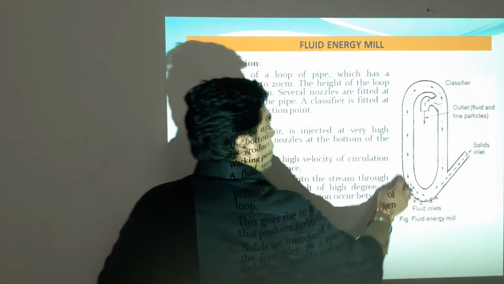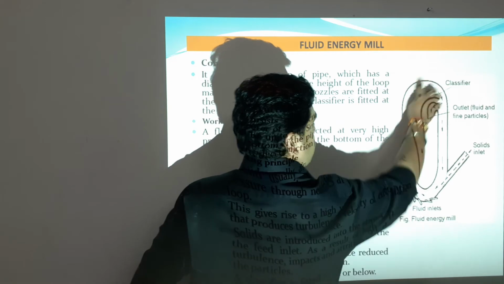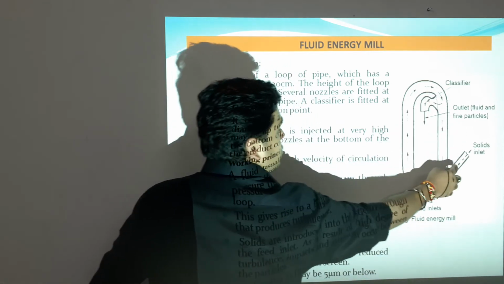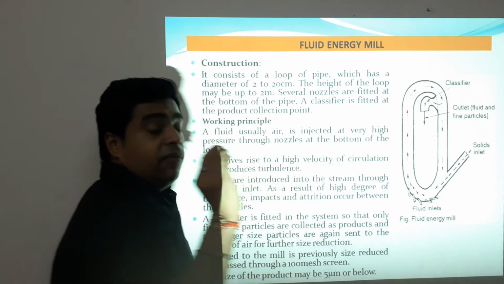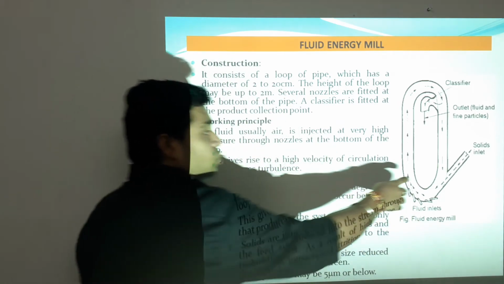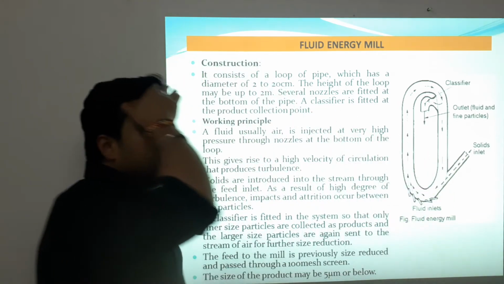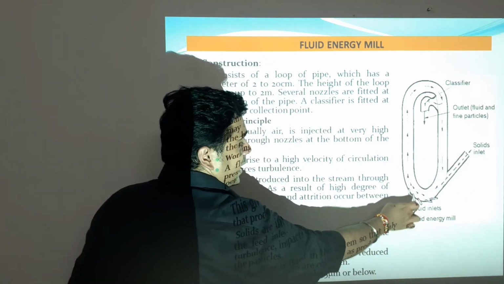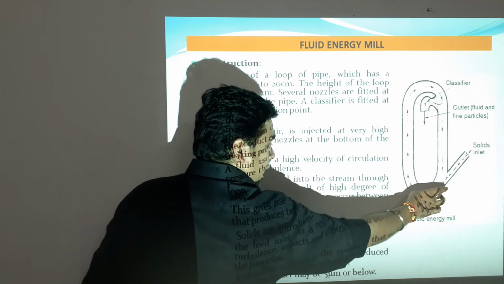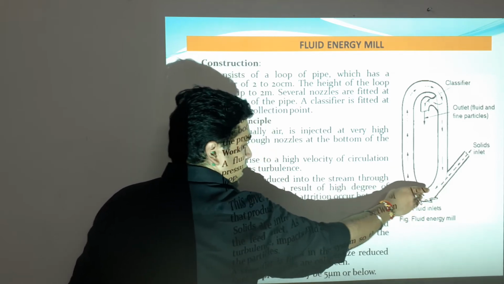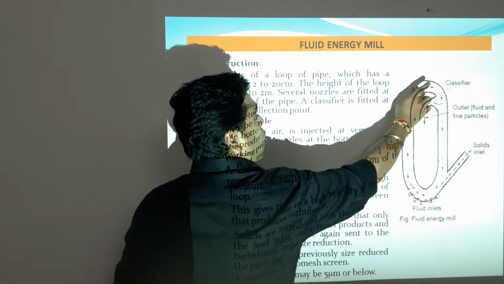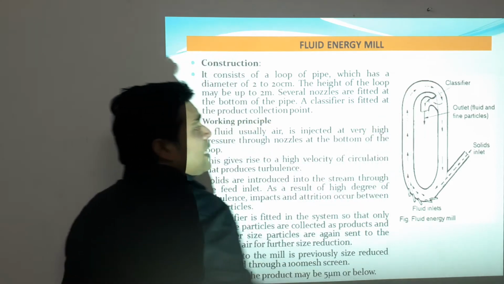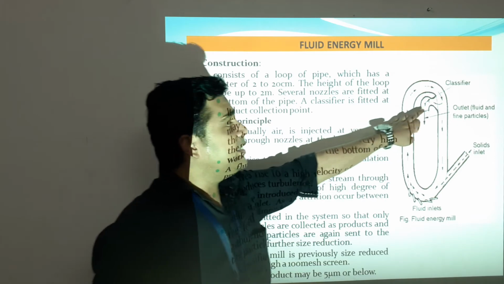So this is a particular elliptical pipe type of design. These are the fluid inlets. The fluid comes like this, and the fluid, that is the air. Here fluid means the air, and the solid which is to be size reduced comes from this inlet. So this is the solid inlet and this is the fluid inlet. Fluid comes, and in terms of that fluid, the solid is thrown, and here it comes to this portion, and a classifier or a screen is placed in this position.